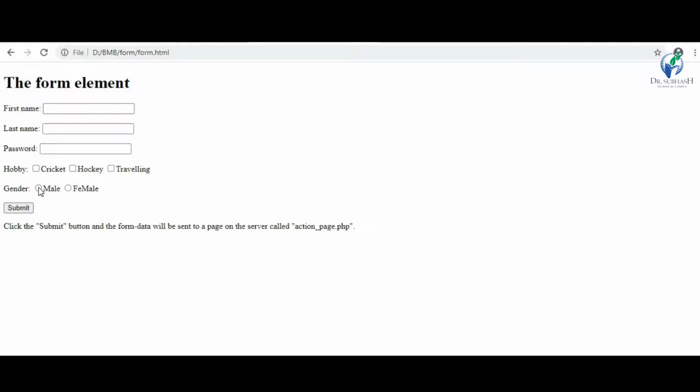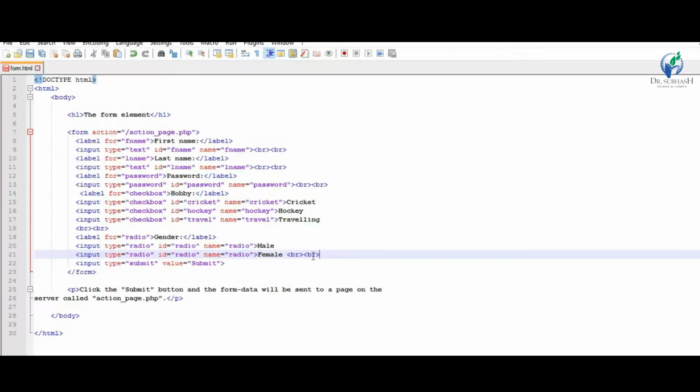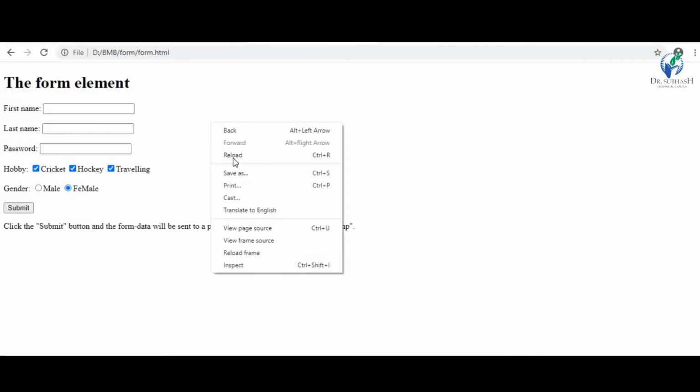First I select male, then if I select female, male is automatically deselected. While in checkboxes you can check more than one checkbox at a time. Next, if I give a different name at this place, for example the name of the male radio button is radio and the female radio button is radio1, then I save this file and execute it.